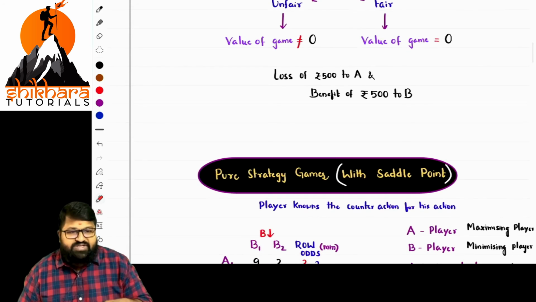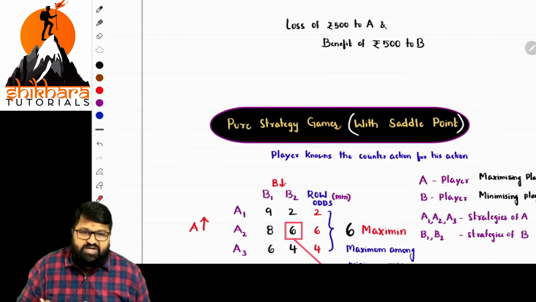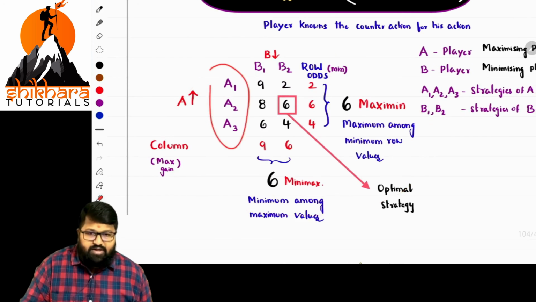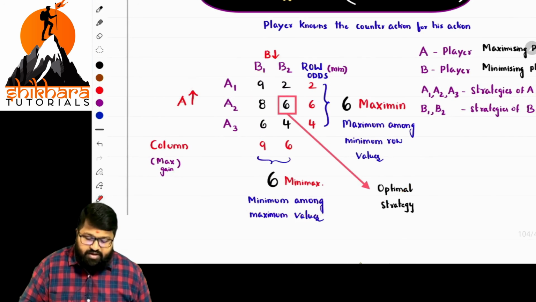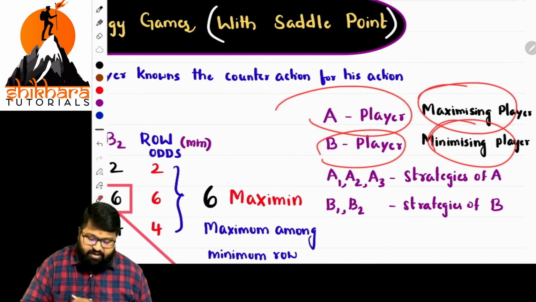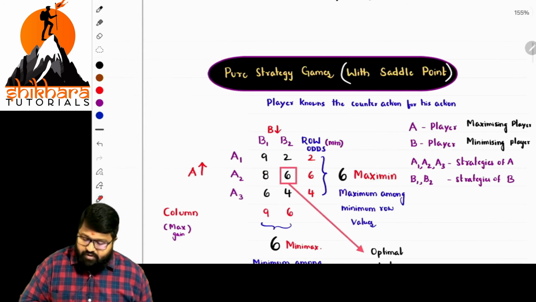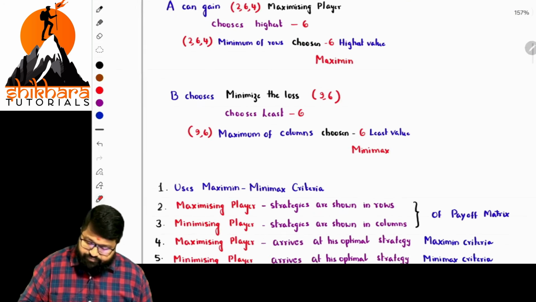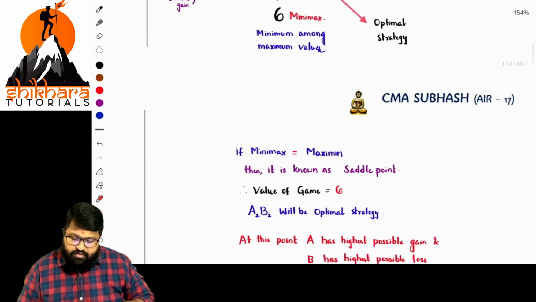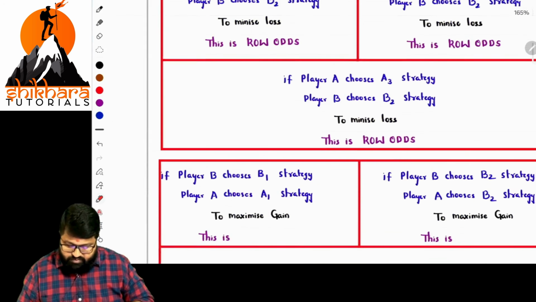So the first most important strategy, what is that? Pure strategy game with a saddle point. What is that? Saddle point, pure strategy game. Here basically it will be given in the form of a matrix, and we write the letters A1, A2, A3, B1, B2, B3. And here, what is the role of A? A is the maximizing player, and B is the minimizing player. So A1, A2, A3 are strategies of player A, and B1, B2 are the strategies of player B. Okay. Now let us solve a problem, then you can get more clarity. Sir, when you want to go with practice, this problem I solved basically. How I solved it we shall mention next.